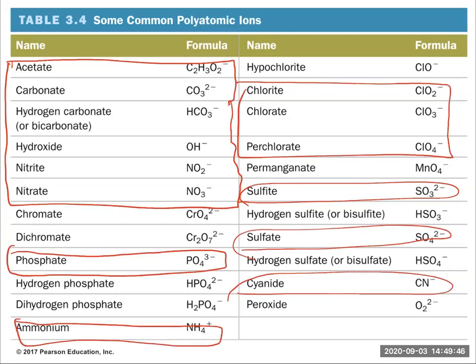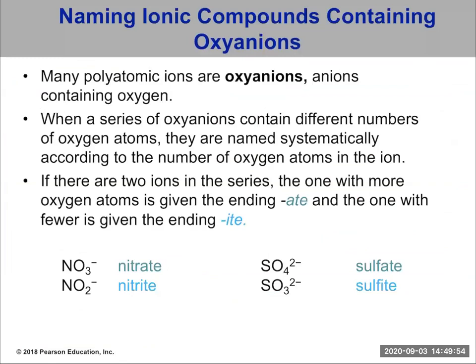It's important that you memorize how many oxygens and the charge that the specific polyatomic is carrying. The reason it's a little difficult to figure out the naming is because they come in families. For example, in this family of nitrogens and oxygens, one has 2 oxygens, one has 3. The one with 3 oxygens we give the ending ate, nitrate. The one with fewer oxygens gets ite, nitrite. Notice here, this is the family. The one with the most gets the ending ate, and the one with the least gets the ending ite.